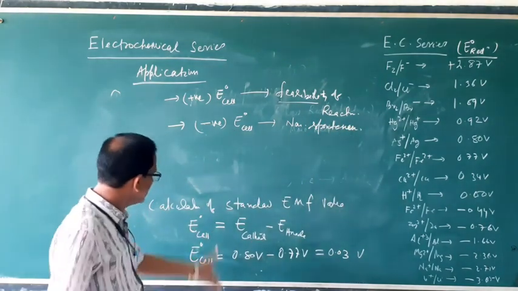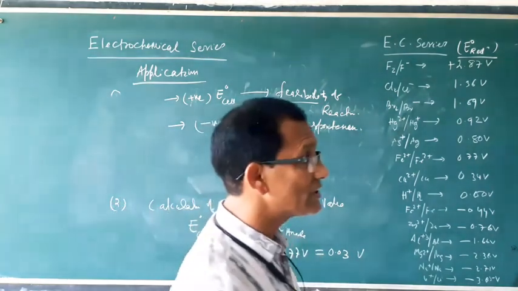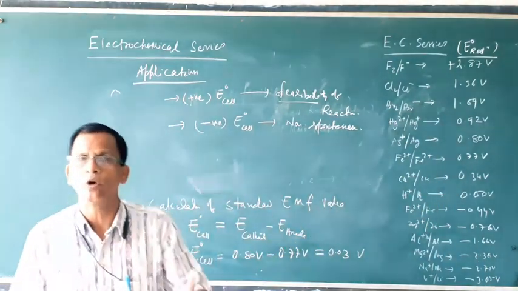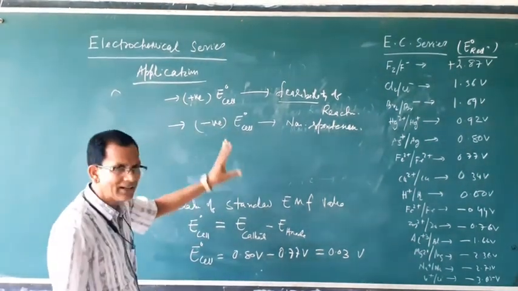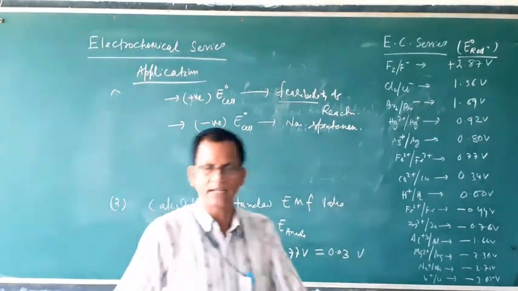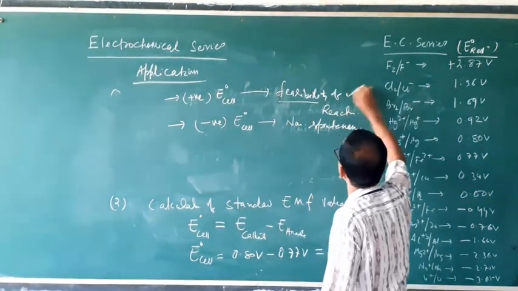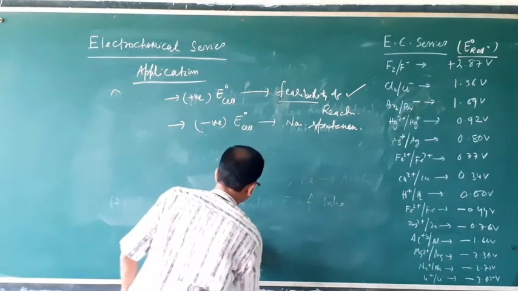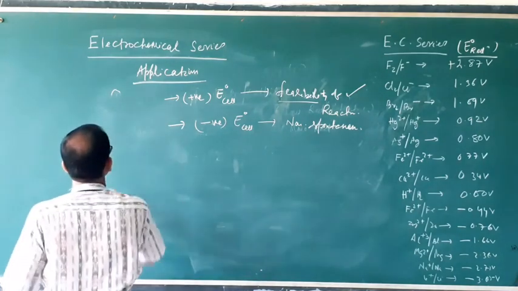So from the EMF value calculation, we can say whether the reaction can take place or not, and whether a particular electrode will be anode or cathode. That selection we can also know from the EMF value. EMF for a particular spontaneous reaction should always be positive for feasibility of the reaction. Then the third application of this electrochemical series is